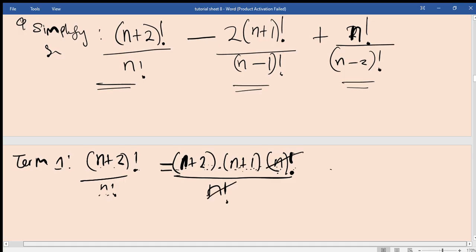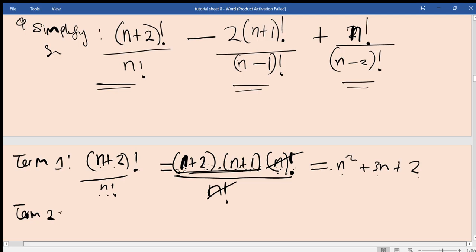So it means that the first term can be simplified. When we multiply this, I'm going to have n squared. Just expand this, n squared, this times that, we're going to have n squared plus 3n plus 2 when we expand these two. So just simplify and expand this, you are going to have n squared plus 3n plus 2. That's the first term. The second term, term number 2,